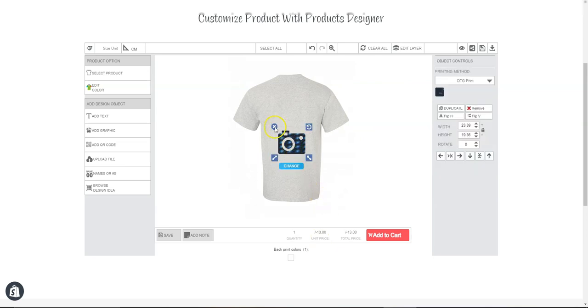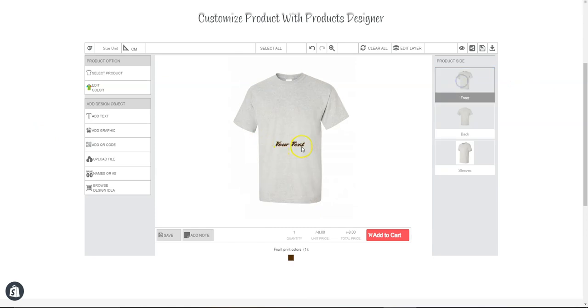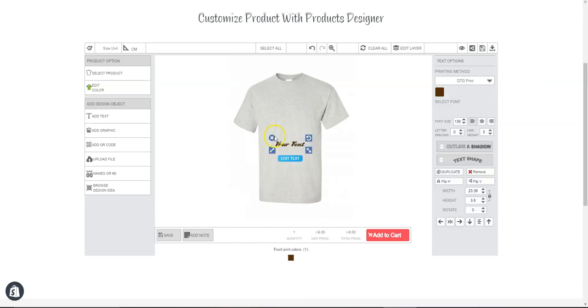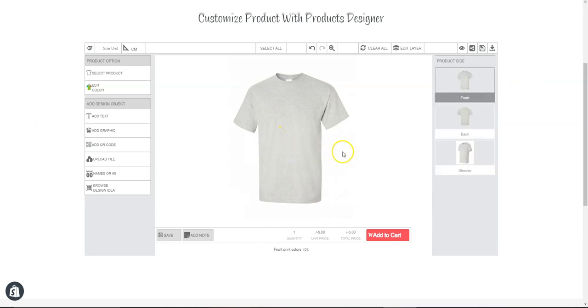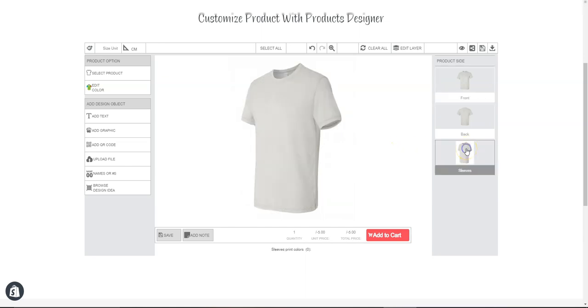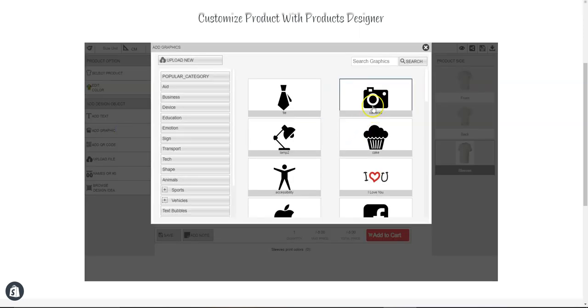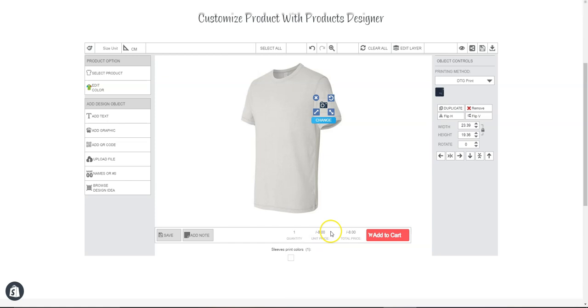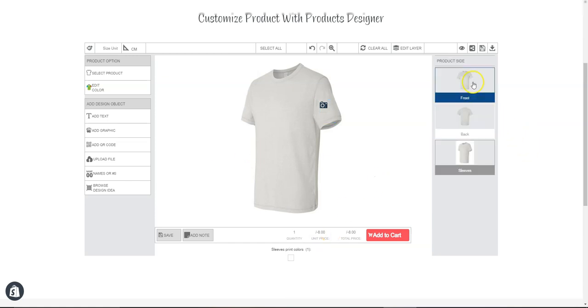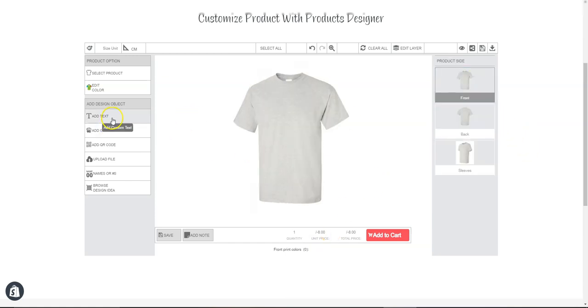For example, let's just remove the customization and start with a different side. So let's say we start with this side and add a customization. You can see $3 increase, and then let's go to another side and add another customization.